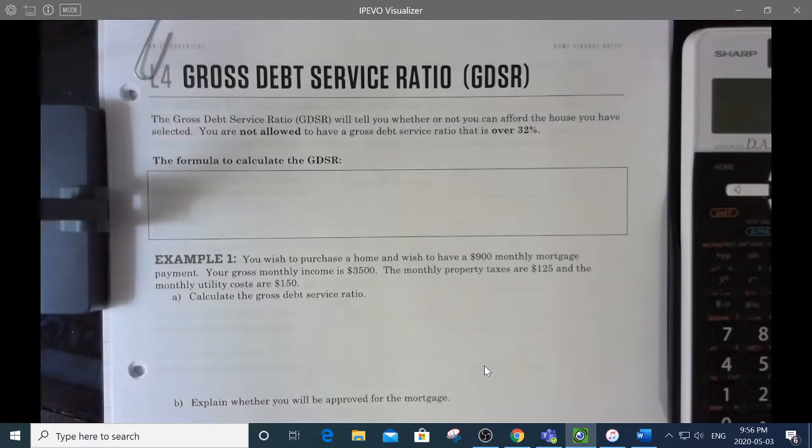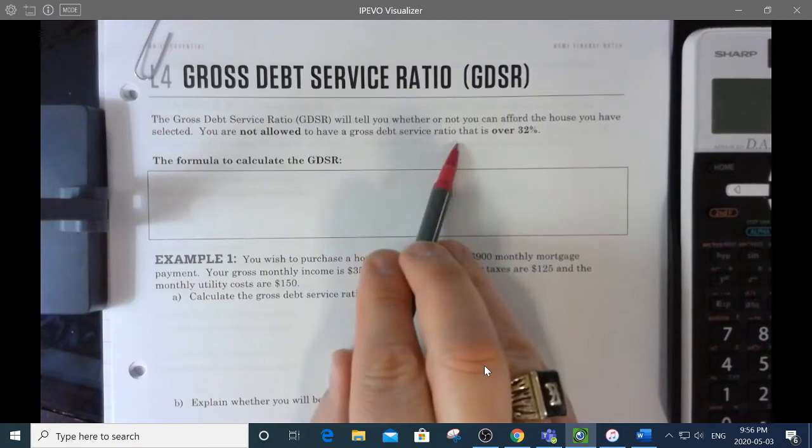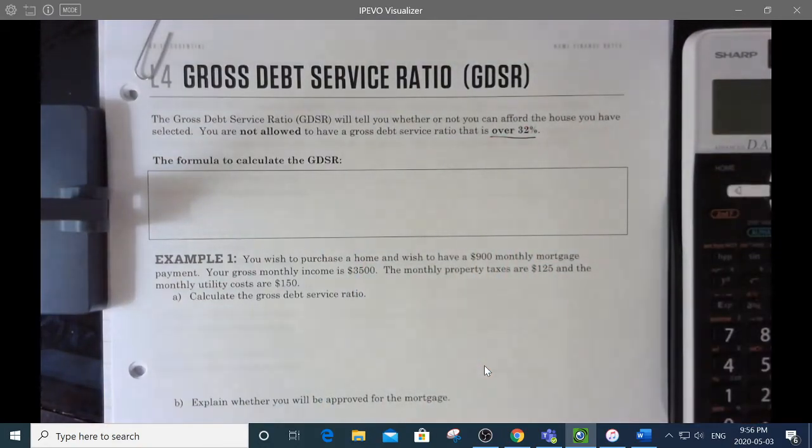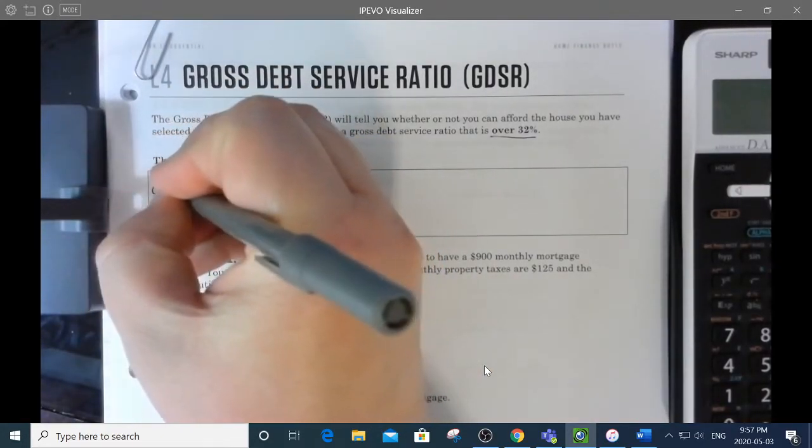So the GDSR is a formula that's put into place to say that you are not allowed to have a gross debt service ratio that is over 32%. And if we'd had a provincial exam this year, you have to memorize that number. That 32% number isn't given to you on the exam, so you have to remember it. Anyway, here's the formula. The gross debt service ratio, which from now on we're just going to call GDSR,